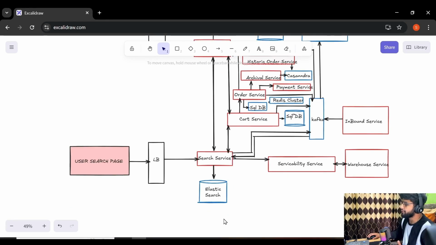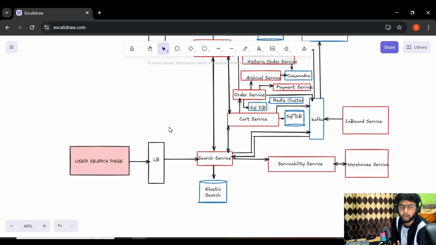Now where are we going to store data related to search service? So the search service is basically responsible for making a search for product and search for different category. So using this search service, we are enabling the search functionality for our system. That means user will be searching product using this search service. So it might be the case that user doesn't know the exact spelling of product that they want to buy. So we need fuzzy searching in our system.